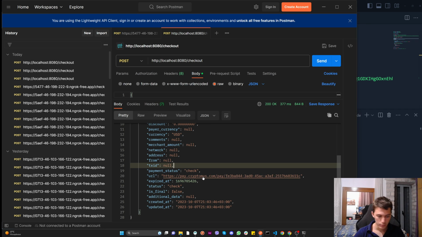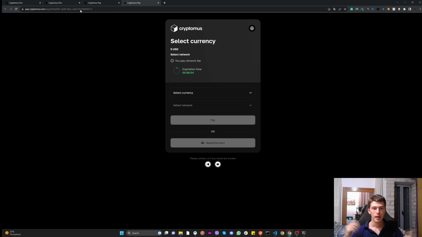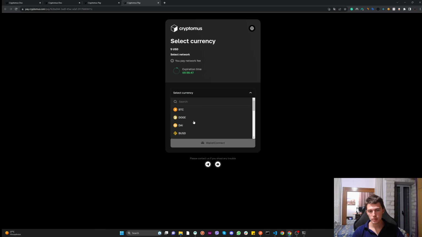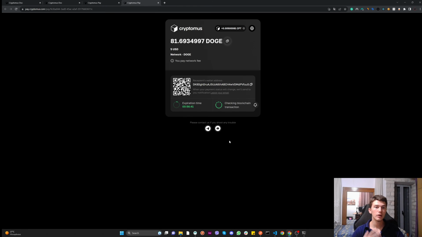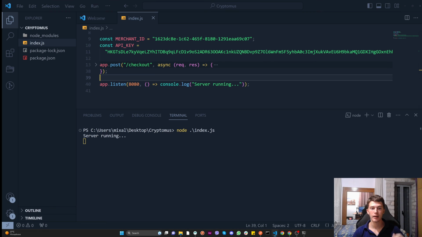So yeah, let's go ahead and click this URL. And that's it. The checkout page, as you see, is created with the amount we defined. So now the user can click the currency they want to pay with and pay it. But we are not done just yet. Now the next thing we have to do is create an endpoint to receive the webhook requests. And if you don't already know what a webhook is,